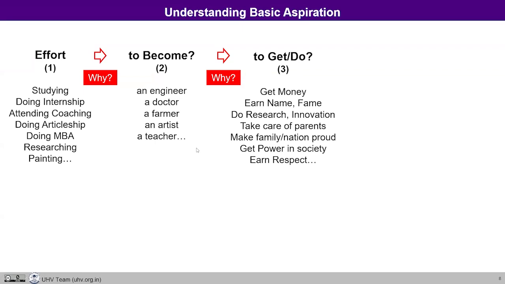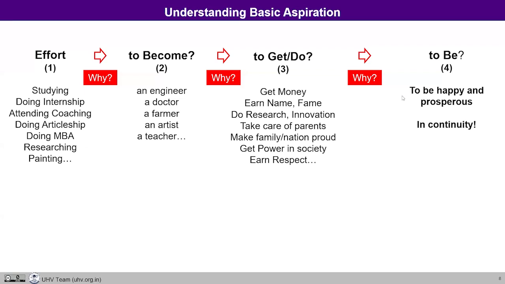At a deeper level, sometimes our effort or concern might be limited to only doing some effort, assuming that this will fetch something for us, and not being very clear what it is going to fetch. But when we try to explore this, our exploration becomes deeper. So we want to do something or get something, but why do we want to do this or get this? To be something. Now, what is that? If we ask ourselves, we can see that it is to be happy and prosperous, and that also in continuity, not momentarily.